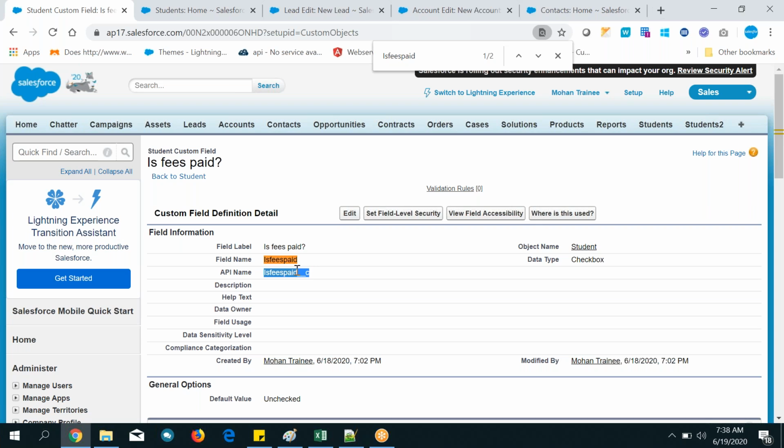To form the API name, you need the field name. You cannot use the field name anywhere, guys. You can use label name for display purpose and API name for coding purpose. Only two things you are going to use. Apart from this, nothing you are going to use here, including field name also. So the field name is the basis for the API name, to prepare the API name. That's it.